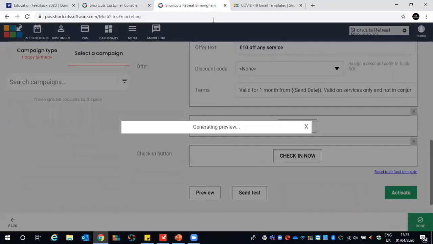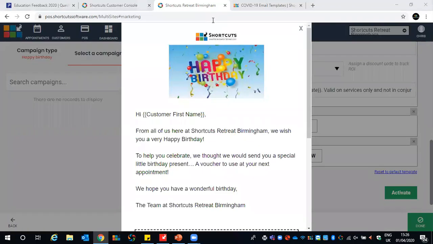I'm just going to answer some questions that came through. Yes, Mandy. We do have some pre-made images like we had in Gcast. Currently, they are only COVID-19 related. The best way to do it with this is to just go onto Google and find a relevant image and just add that in. It's going to take just a couple of minutes of your time. As you can see, the time you're saving by letting Shortcut do the marketing campaign for you, you can spare when you look for images, that kind of thing.